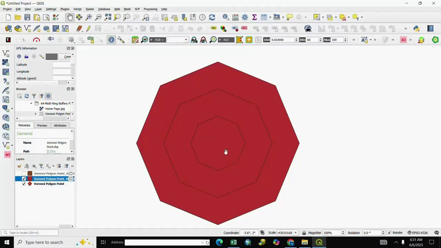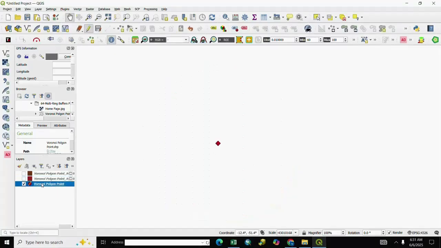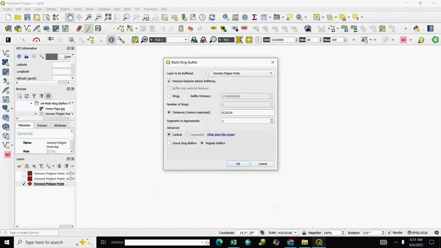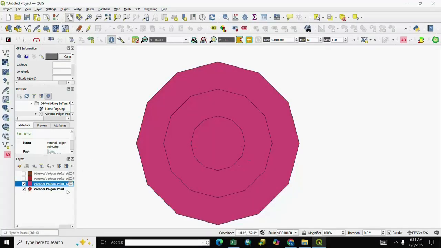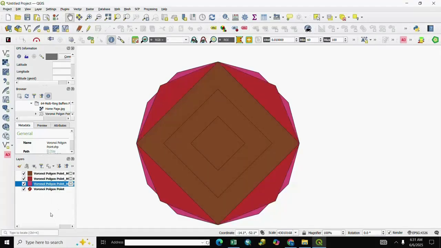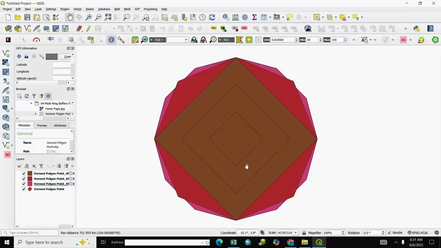You see here your buffer is created. And next we go again to buffer, ring distance and segment 3, then OK. You see here your buffer is created. A different type of buffer is created.